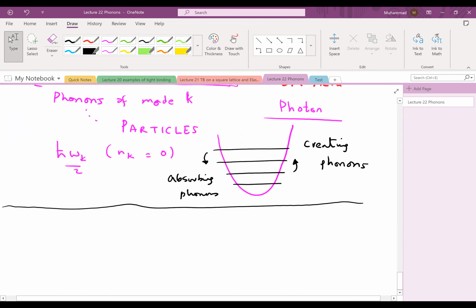So a system at some temperature will have a certain number of phonons inside the system. And since these are bosons, they obey